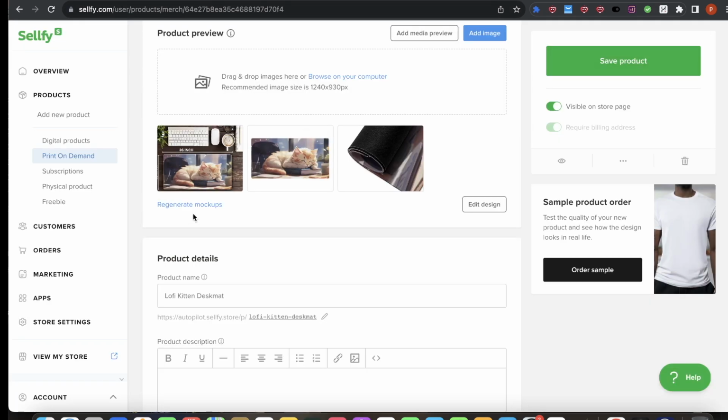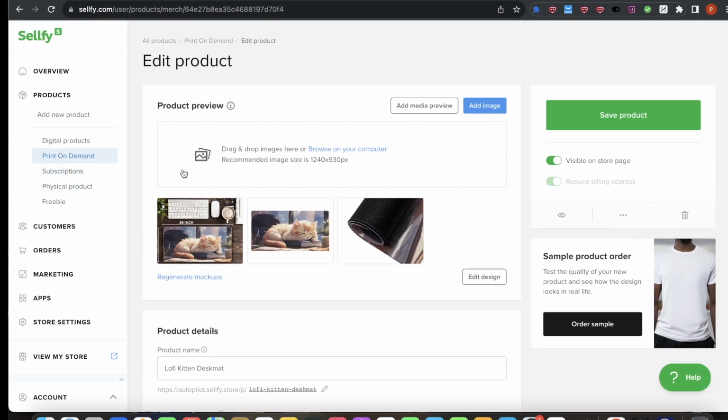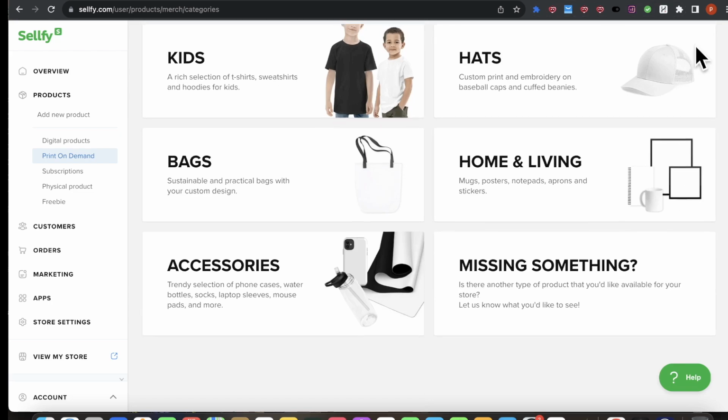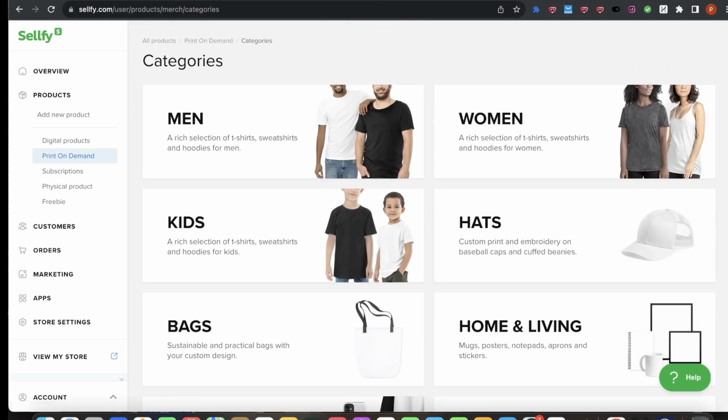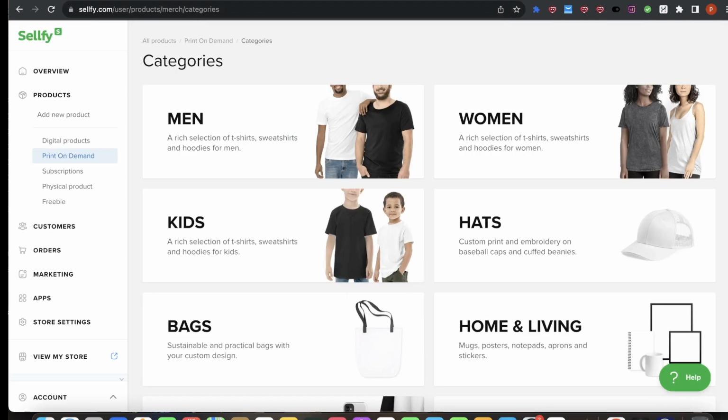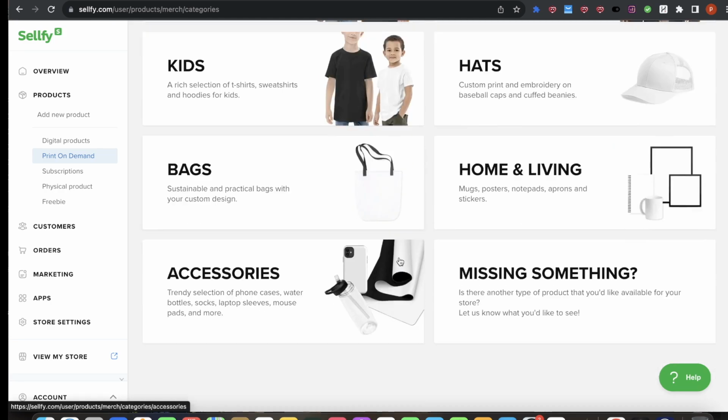Now, something I want to say is with Sellfy, it has a print on demand company built in. So if I want to create a print on demand product, I click add product. Where does this look familiar to you from? Well, it's Printful. The products on Printful are exactly the same as the products on Sellfy. It's a behind the scenes company partnership that they don't kind of expose, but I'm telling you it is